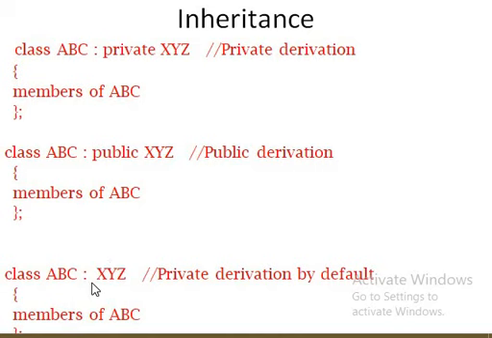If we do not specify any qualifiers or access specifiers, it represents private derivation. The private derivation is default. In any mode of inheritance, base class private members cannot be accessed directly. The base class private members can be accessed only by the members of the base class. No object belonging to the derived class can access the base class's private variables or functions.